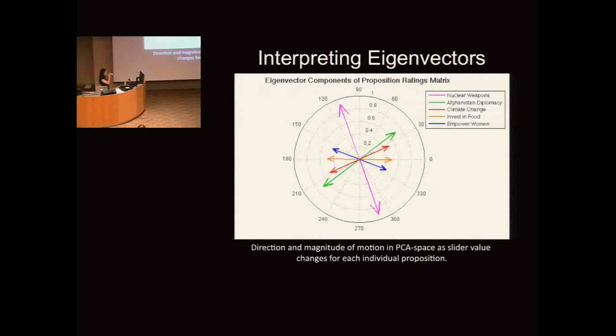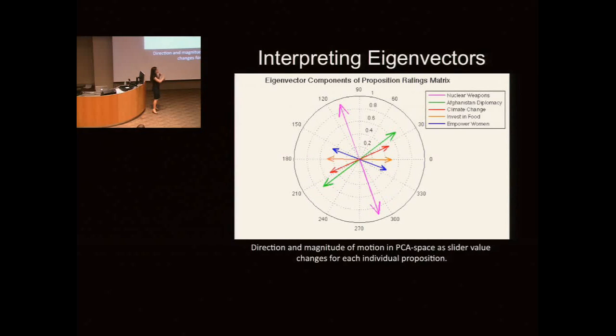This is a plot of, as I mentioned, going from 5 dimensions down to 2 dimensions in the space, right? So when you change your opinion on one of those propositions, you're not going to move in totally perpendicular directions, because there are only 2 that you could move in. So this shows you the directions that you would move in as you change your opinion for each of the